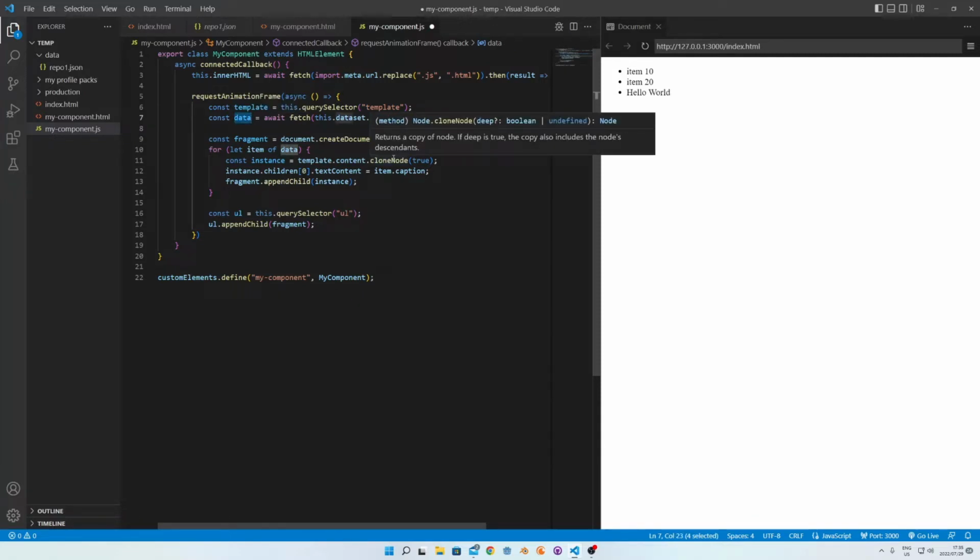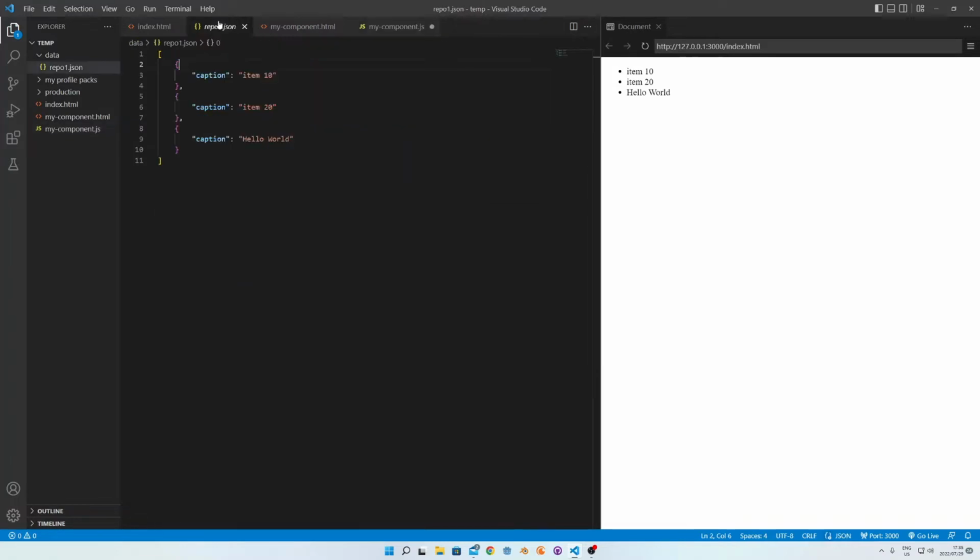You can consider that like a dictionary. Then we loop through that array, create an instance from the template, go and set the content of the items inside that instance, and then ultimately we add all the items we created to the parent UL. So now if I wanted to add more items, I can very easily do that without changing any of the HTML, and we can even go and remove some items, and we never have to go and bother touching the HTML again. So dynamic UI